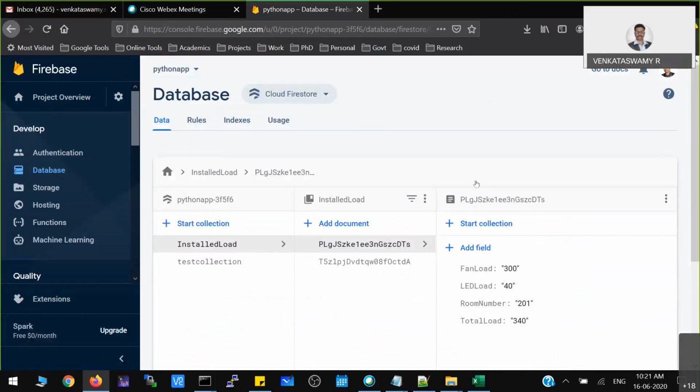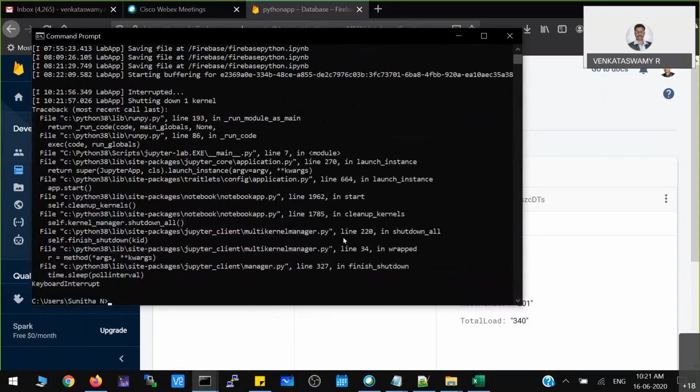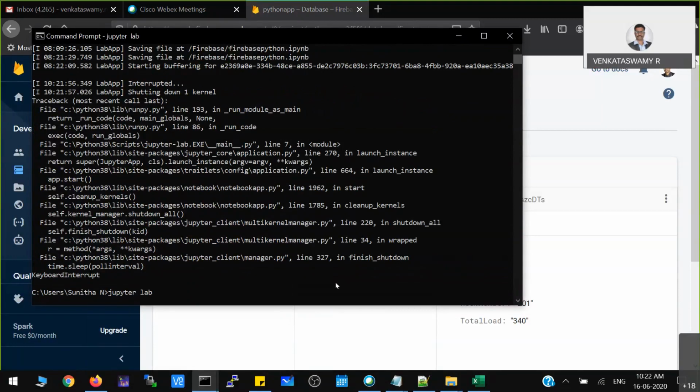Okay, now I have created the database. My next task is I'll go for Python. I think you know Python. So what you have to do? You can start a simple program, or you can go for Jupyter Lab also. So I'm just moving to Jupyter Lab.